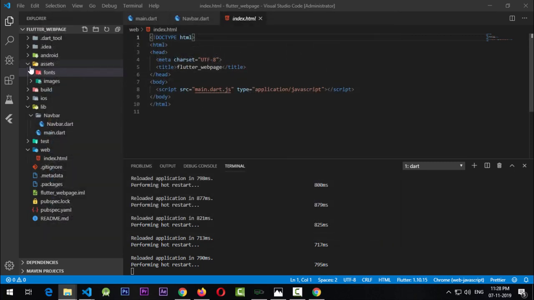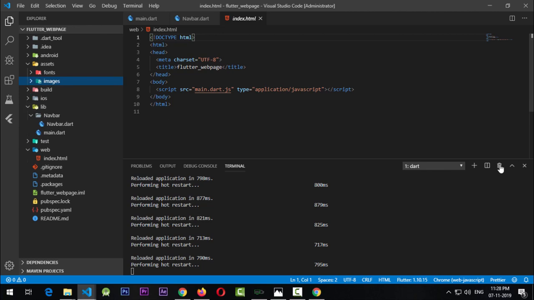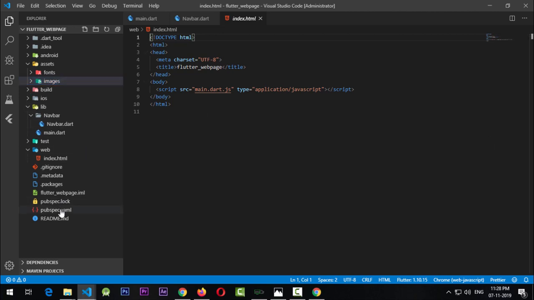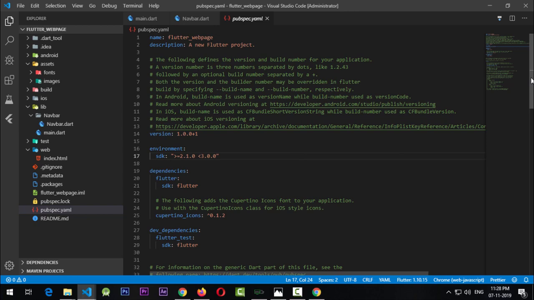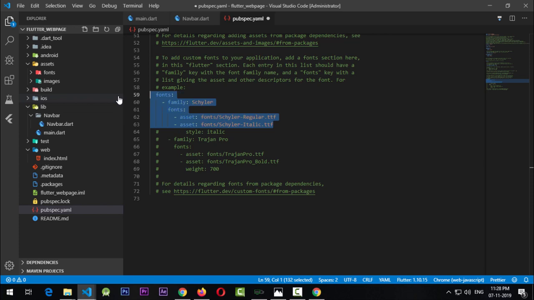Okay, so we have these set up. I have two fonts in the fonts directory and images in the images directory. So I'll just go to the pubspec.yaml file and just uncomment these lines. For the fonts, I'm just going to uncomment those. And for the fonts, I'll just name it Montserrat. That is the font, Montserrat, and in the fonts I have